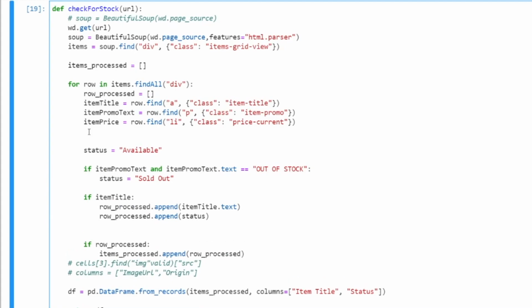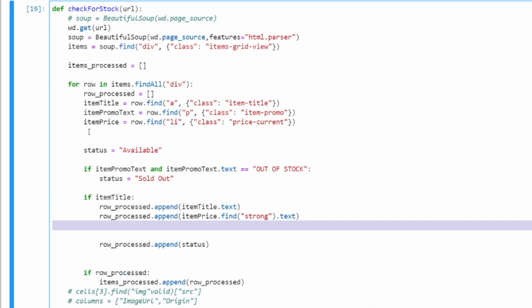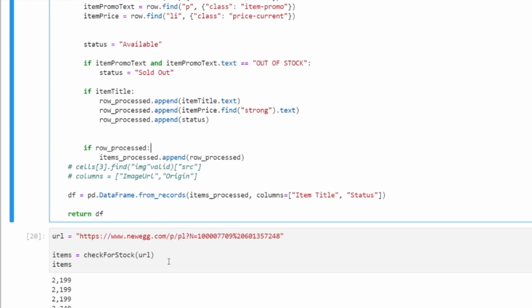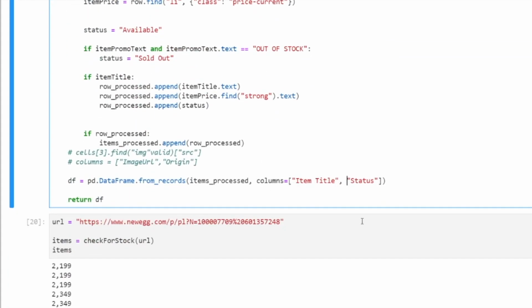So I'm going to add it here. So I'm assuming that if there's an item title, there will also be a price. I might be wrong, we'll find out. So item price, then I'm going to add a column here, so to say, item price.